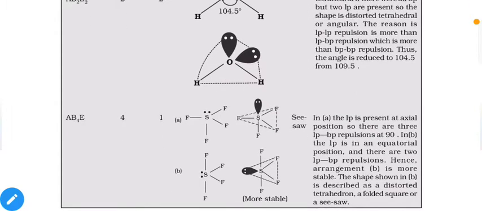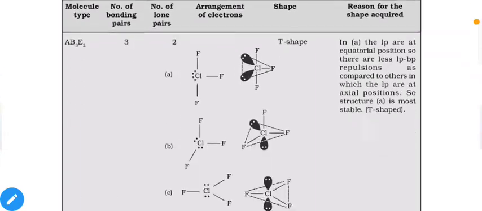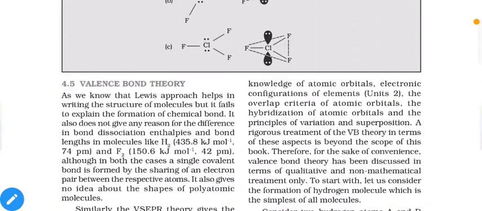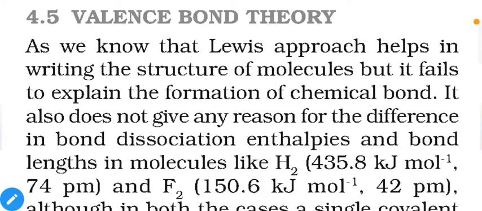But still, if you find any difficulty regarding these shapes, and why the type of electron pair gives a different type of molecular shape, feel free to ask, we can discuss it again. So now let us move on to our next point, which is valence bond theory. We already observed the Kossel-Lewis approach, then we discussed valence shell electron pair repulsion theory, and now we are moving towards the valence bond theory.